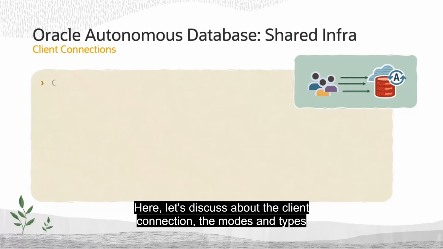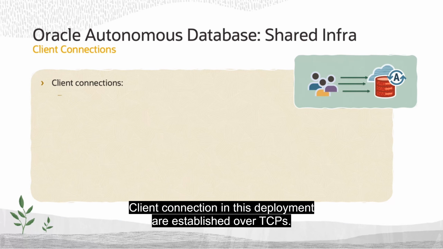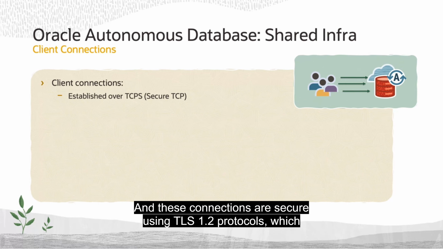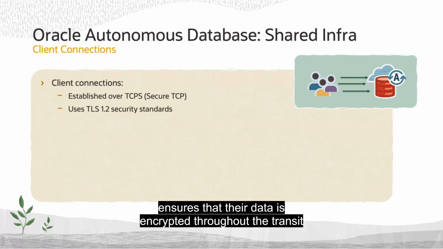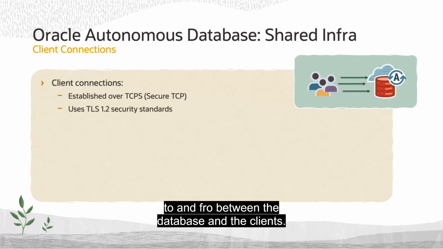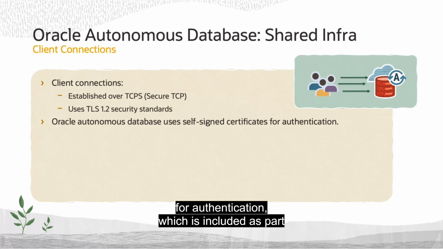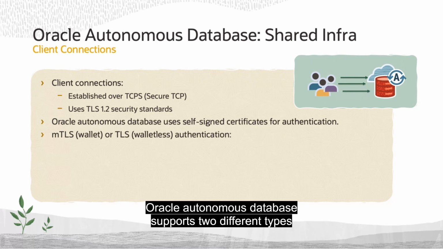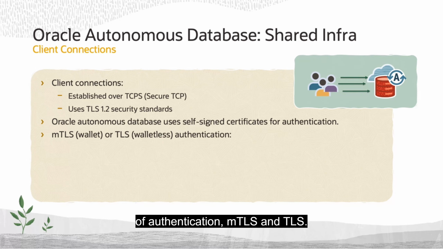Here, let's discuss the client connection modes and types with autonomous database and shared infrastructure. Client connections in this deployment are established over TCPS, and these connections are secured using the TLS 1.2 protocol, which ensures that the data is encrypted throughout the transit to and fro between the database and the clients. Oracle database uses a self-signed certificate for authentication, which is included as part of the ZIP credential file. Oracle Autonomous Database supports two different types of authentication, MTLS and TLS, and it depends upon the type of network